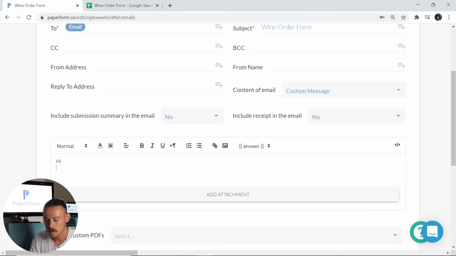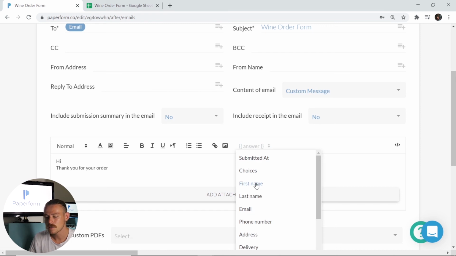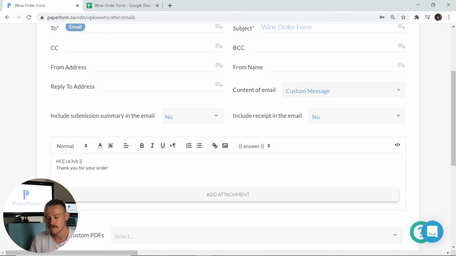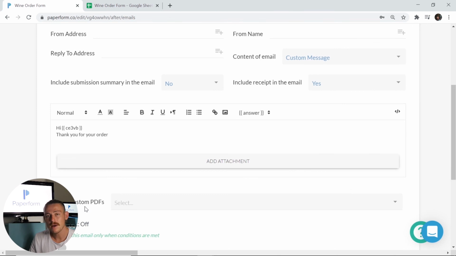Hi, thank you for your order. Above here, we want to make this email a bit more personal. So I'm going to simply click this answer icon here, and there I'm going to select the first name field. As we know, once again, this is automatically capturing their response to that field and then inputting the response there. Of course, we want to ensure that we include the receipt in the email, and you may want to attach